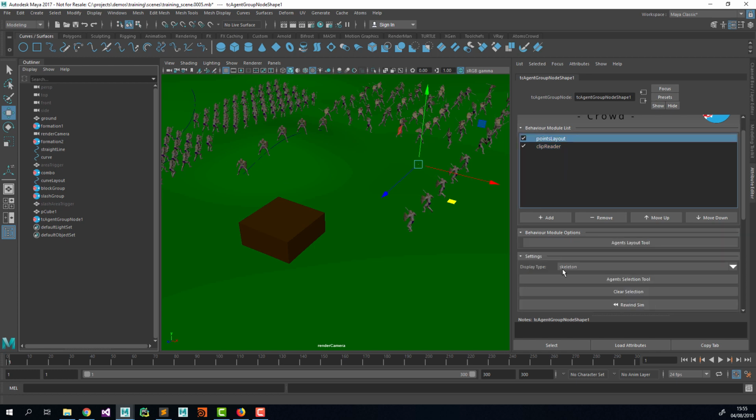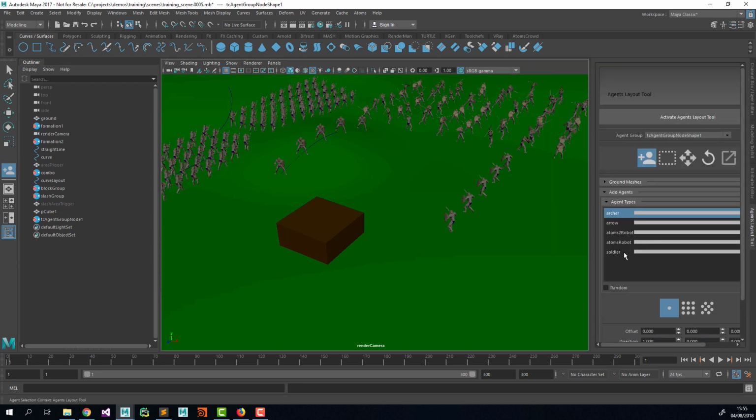Now I can go to the points layout. I'm gonna use the skin mode, of course. Agents layout tool. I'm gonna select the archer. The archer is selected. I'm gonna put one here, one there, one there, one there,